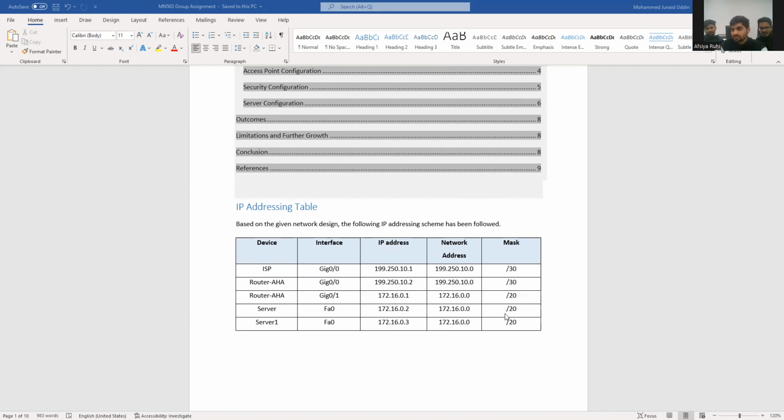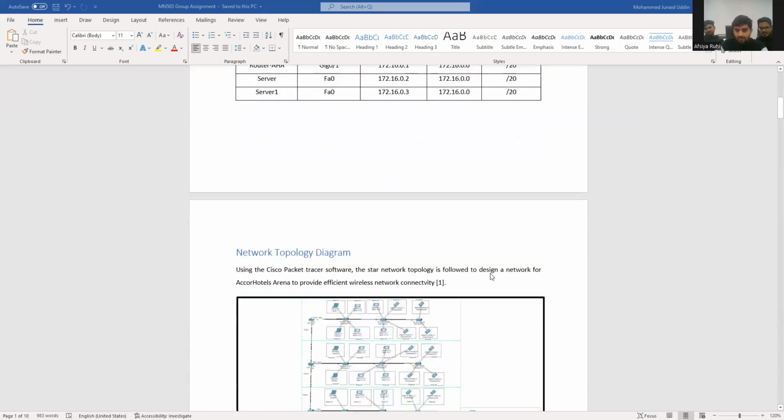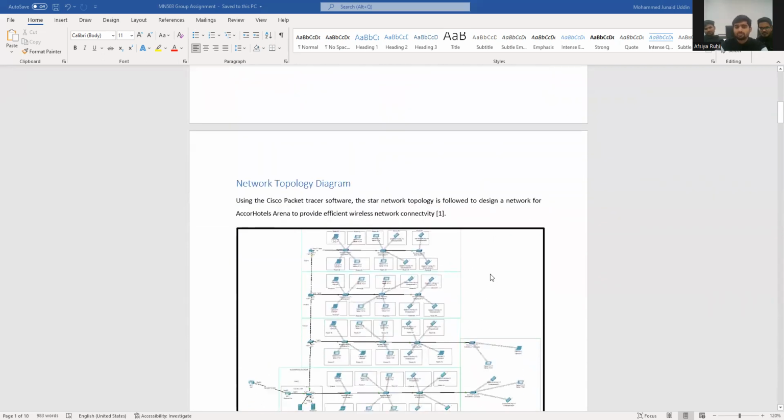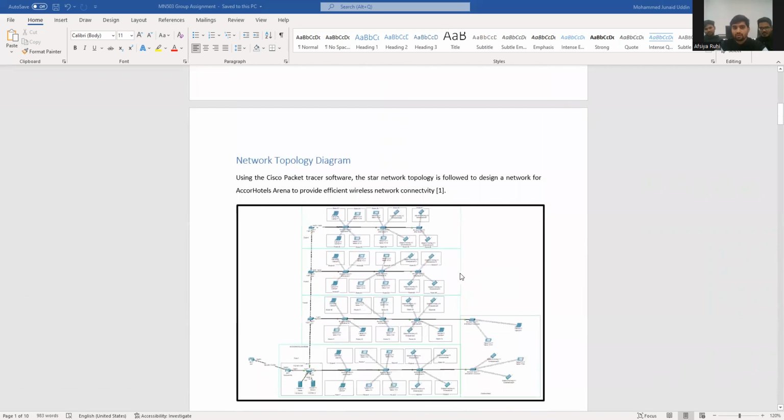Now coming to the mask for router one and router two, which are the same as well. We are using two routers over here, and the ISP, in a sense the internet service provider, is /30. Now coming to the network topology diagram,